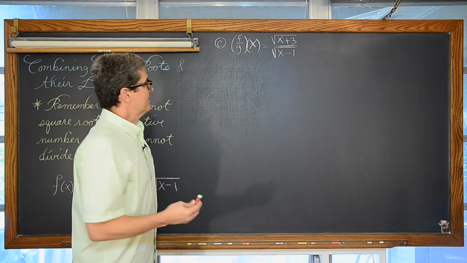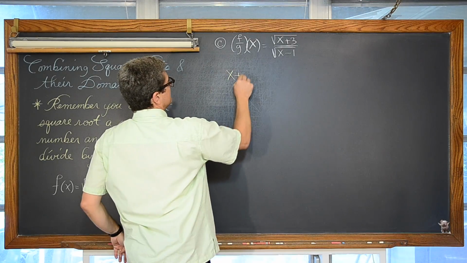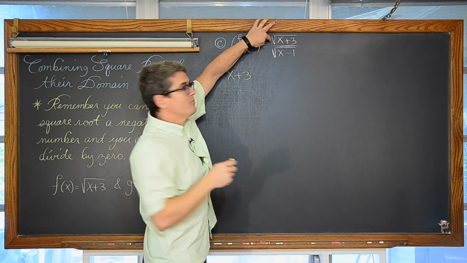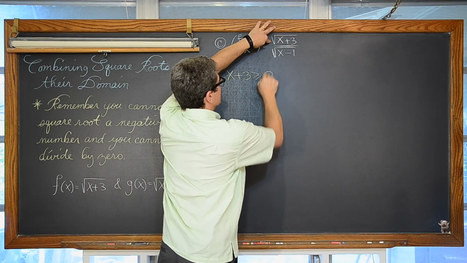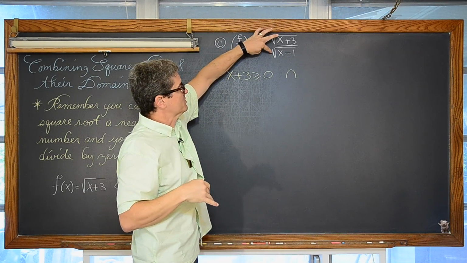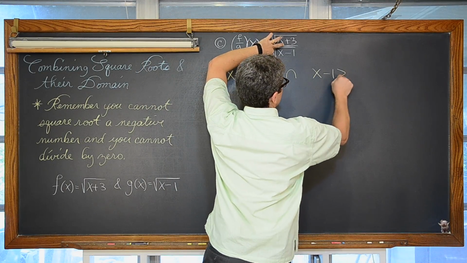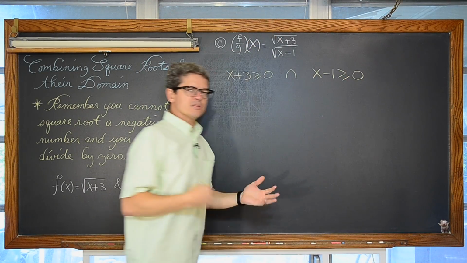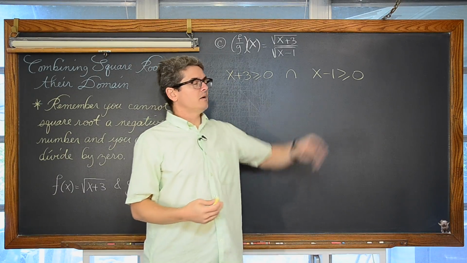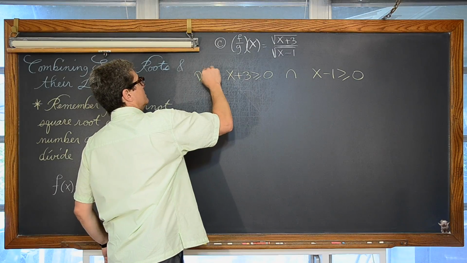So we might think that, like before, the expression of x plus 3, which is in the square root in our numerator, has to be greater than or equal to 0. And with interval notation, because in my pre-calc class we use interval notation, the expression of x minus 1 has to also be greater than or equal to 0. So it looks like we're going to be setting up conditions for our domain, just like in the previous